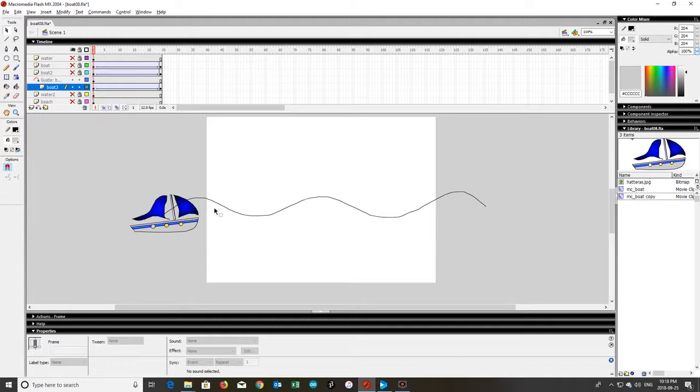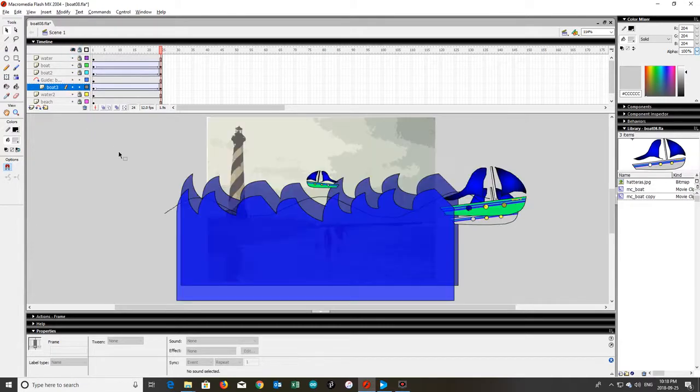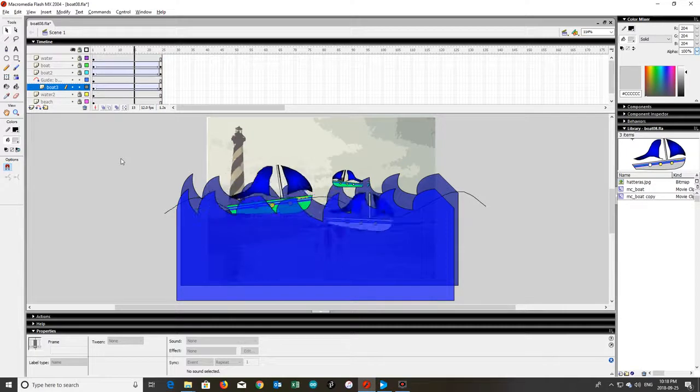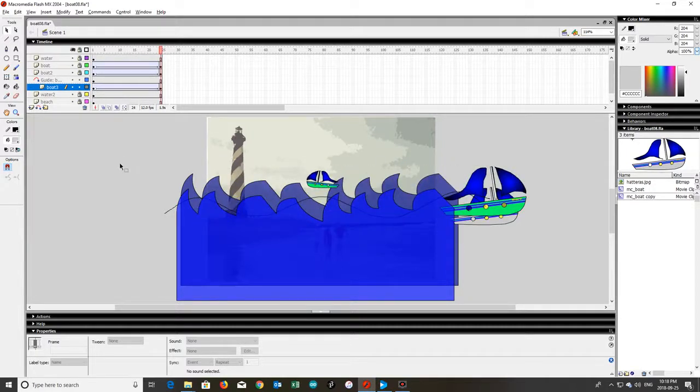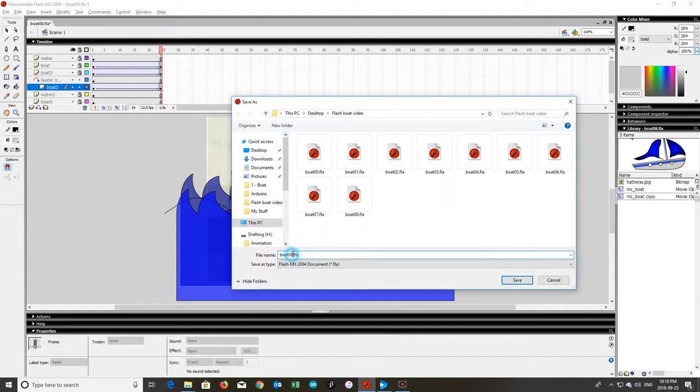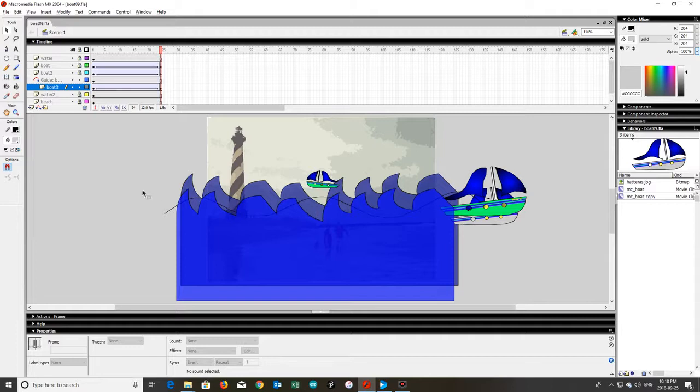The other thing I can do is, if I want to, although I've never found this really convincing, I can set it to orient to the path. So you can see that it actually kind of rotates in the direction of the path too. Okay, not bad. Call this boat09, being very sloppy about that. And